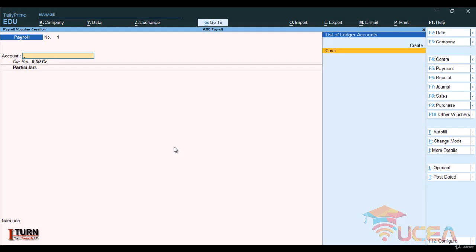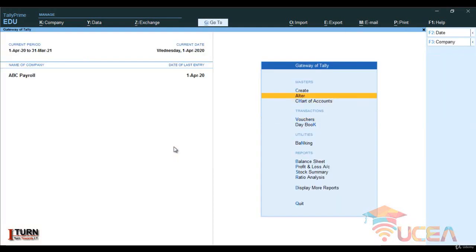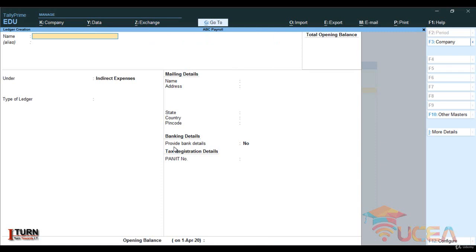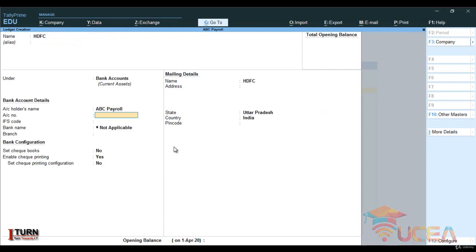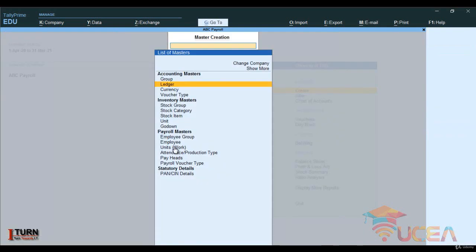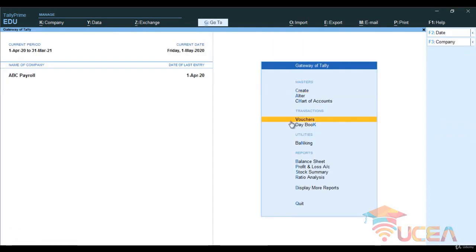So first of all let me create a ledger for bank. So let me go to create ledger. Here let's say the company bank account is in SDFC. Here I am mentioning bank account, and let me give the opening balance, which is, let's say, 4 lakh 1 2 3. Go ahead and save it. So successfully I have created the bank ledger and I have put the opening balance into it as well.